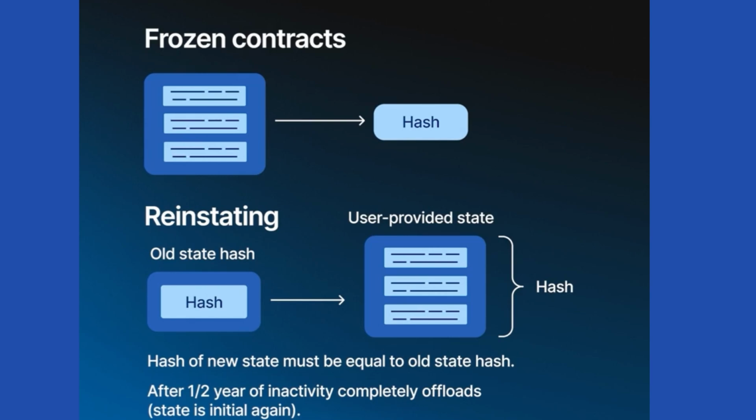And this is very important for things like tokens, because if the token runs out of rent, then its owner, which is just the data parameter inside the state of the token, will be reset back to the initial one. And this means that the present user of the token will lose access to the token. So this is one more consideration that you as an app developer have to take into account, to see if the balance of the contract is sufficient to cover